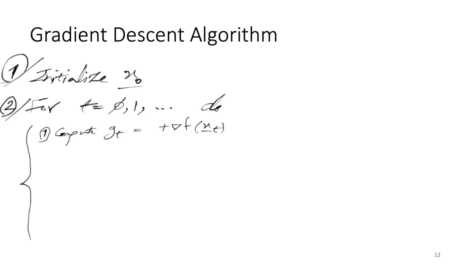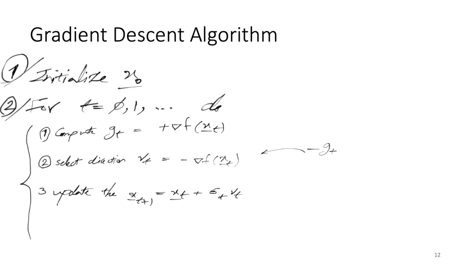we have to compute the gradient of t as f of xt, and then we need to select the direction. After we computed the gradient, we could use a Taylor series, but we need to have the direction in which we are going after that, and the direction is minus the gradient, right? Then we have to update xt plus 1 as our previous x plus the direction we are going with the step size of e,